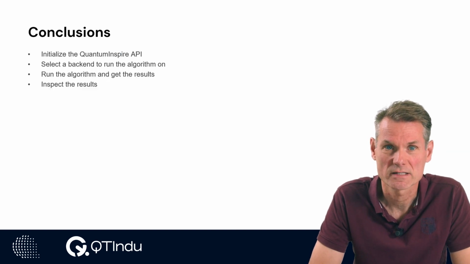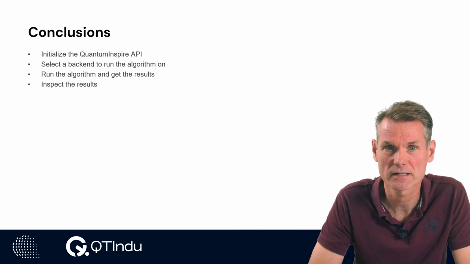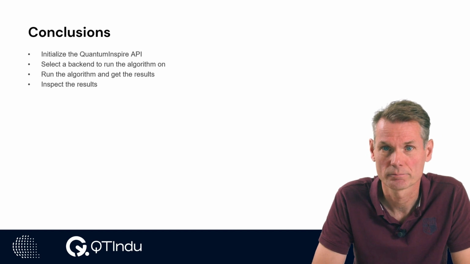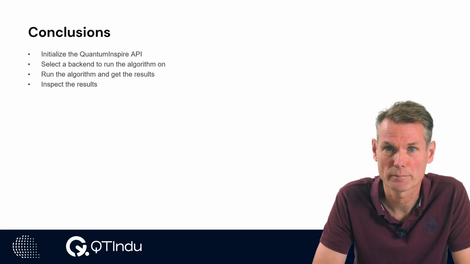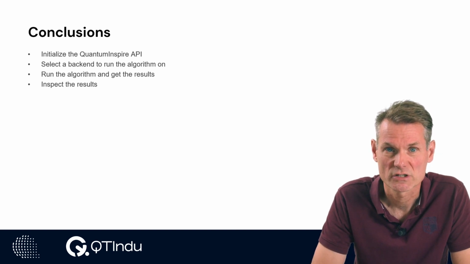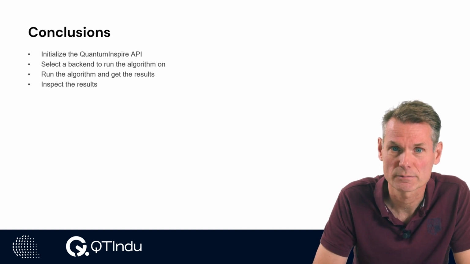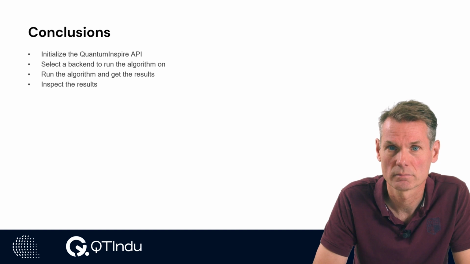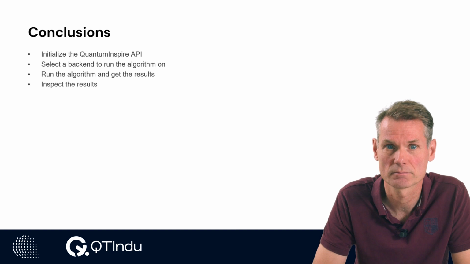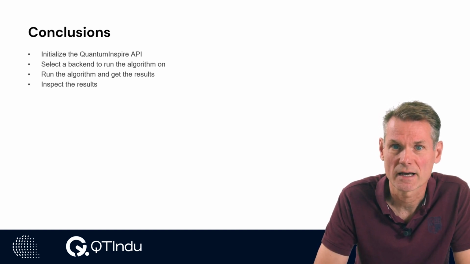With this, the QI SDK Basics module concludes. We learned how to run an algorithm on a Quantum Inspire backend using the SDK. We saw we had to authenticate first to initialize the API. Then we used the API to select the backend to run our algorithm on, and then we executed the algorithm. We used the CQASM algorithm as a multi-line string. After the algorithm run, we inspected the results and printed the histogram. Because we added the project name, we were able to find our job on the Quantum Inspire website. At the end, we looked at some properties of a Quantum Inspire simulator backend and hardware backend.